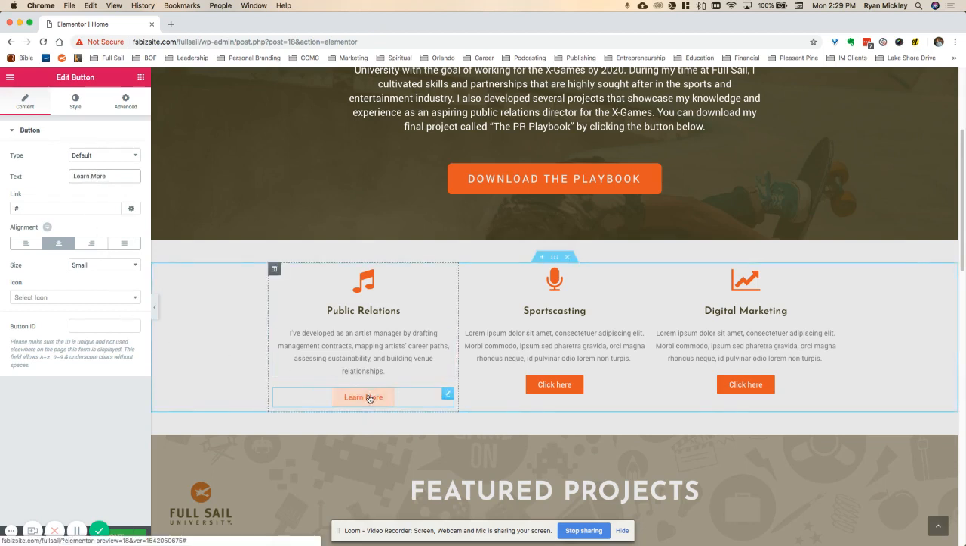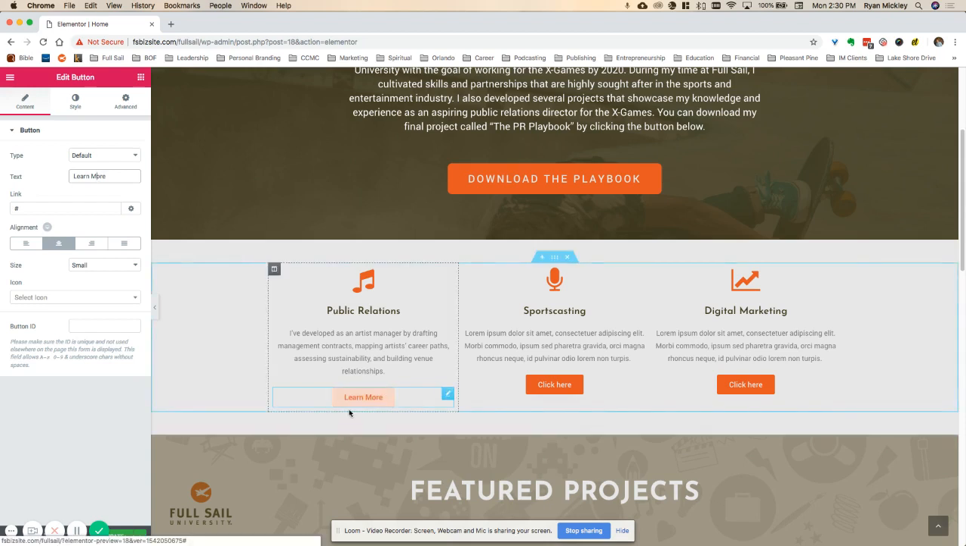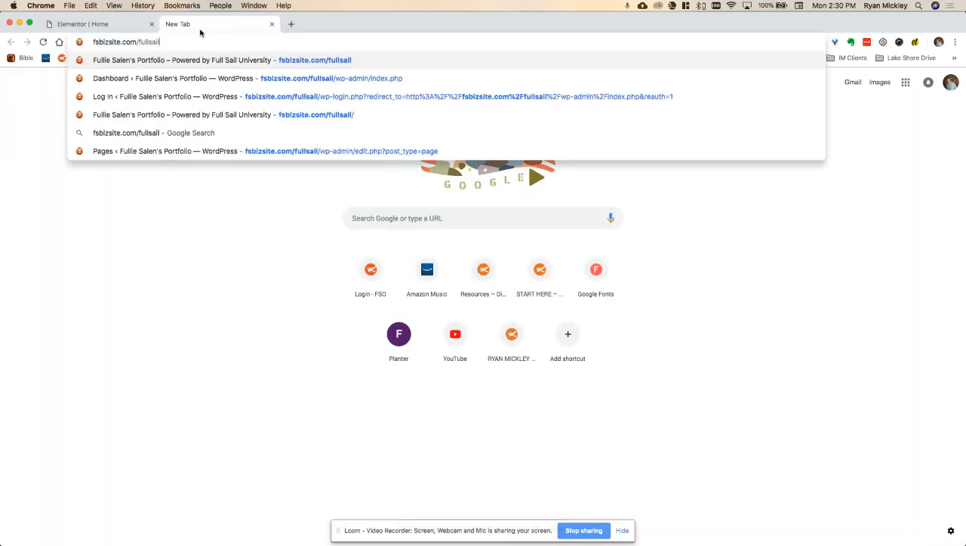Whenever a visitor clicks on this button, they are going to go to a different page on your website, or they might even go to a different page on the internet entirely. And so for this exercise, I'm going to show you how to change this link to be one within your own digital portfolio website. So let's open up a new tab in our web browser and navigate to the front